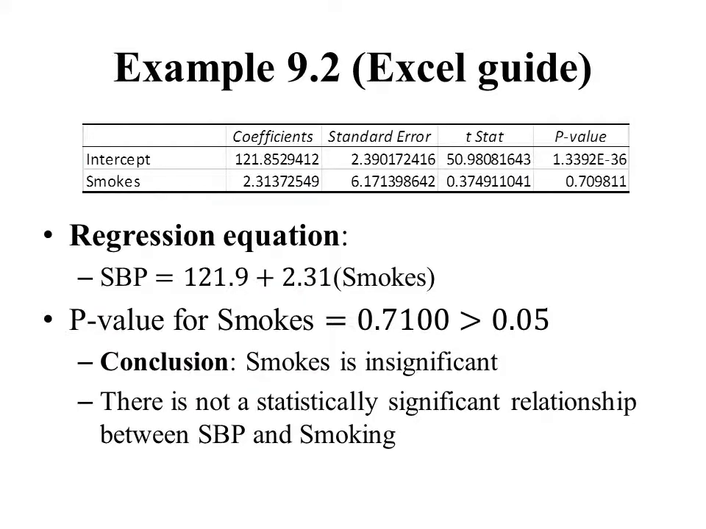And so our conclusion would be to not reject the null hypothesis. The null hypothesis is the statement that that variable is an insignificant predictor of systolic blood pressure. In other words, smokes appears to be an insignificant predictor. So we would summarize that by saying that there is not a statistically significant relation between systolic blood pressure and smoking. We maybe thought that there was a relationship, but our data indicates that there is not a statistically significant